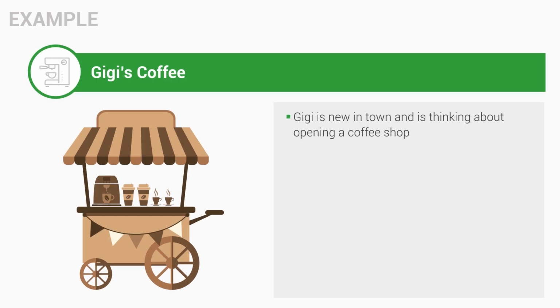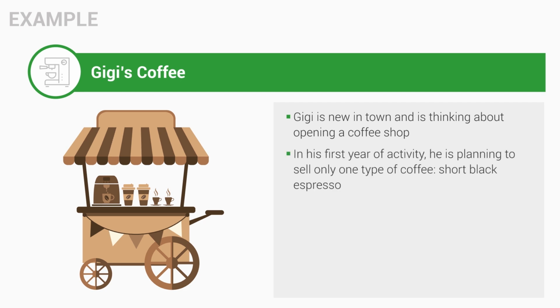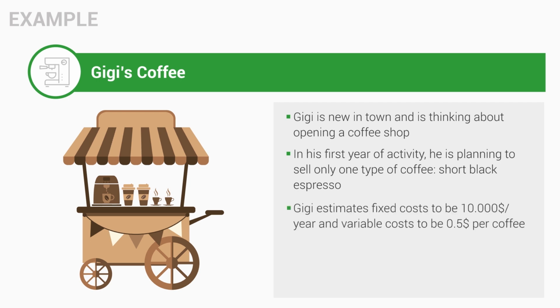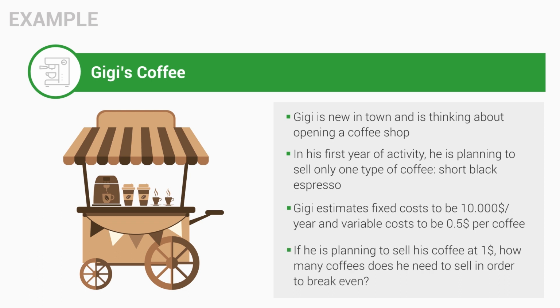Let's make things clearer with an example. Let us imagine that our client Gigi is new in town and is thinking about opening a coffee shop. Throughout his first year of activity, he is planning to sell only one type of coffee, a short black espresso. Gigi estimates his fixed cost to be $10,000 per year and his variable cost to be 50 cents per coffee. If he is planning to sell his coffee at $1, how many coffees does he need to sell in order